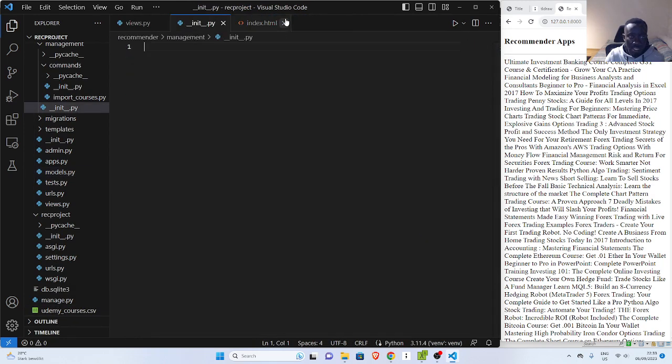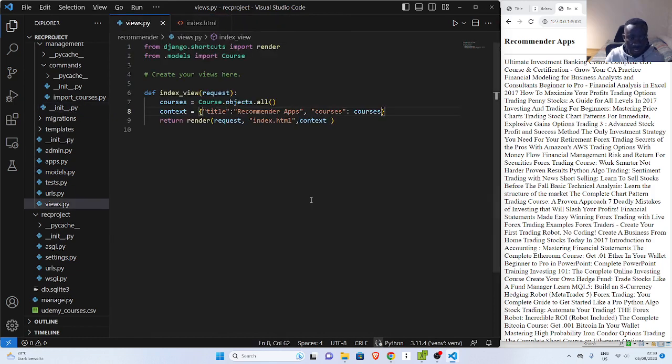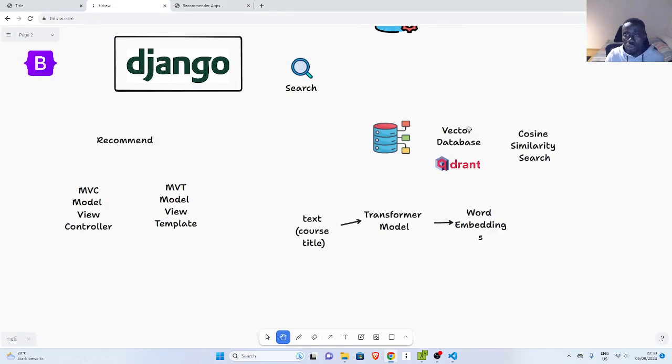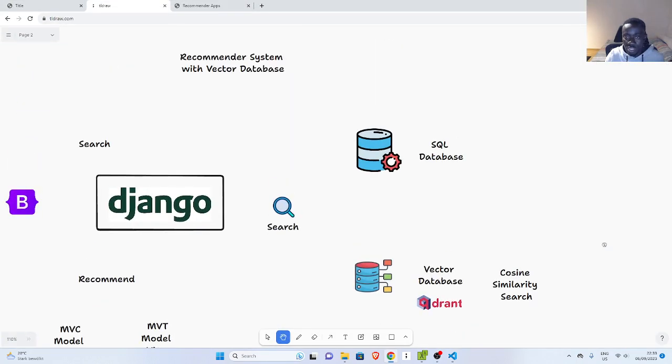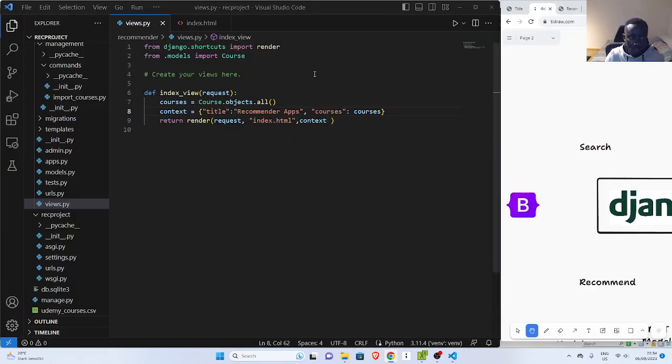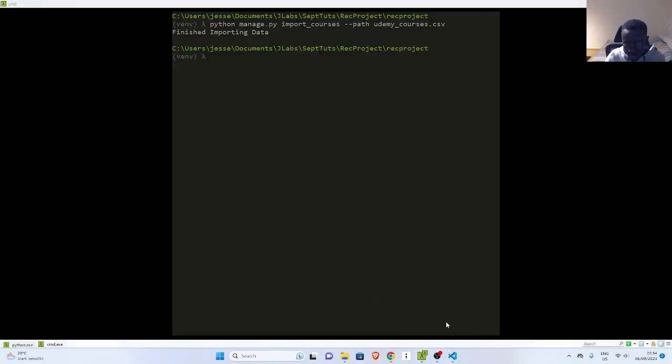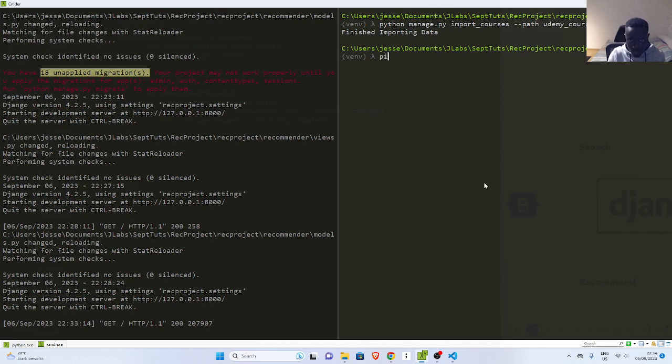Now let's do some interesting things. So what we're doing now is we are going to work with search via the MySQL database. Okay, so how do we do that? So simply, we have already imported it, we have looped through them. Now to be able to search through that, there are several ways you can do that. The simplest way is to use Django filters. So I go back and I need to install it. So pip install Django